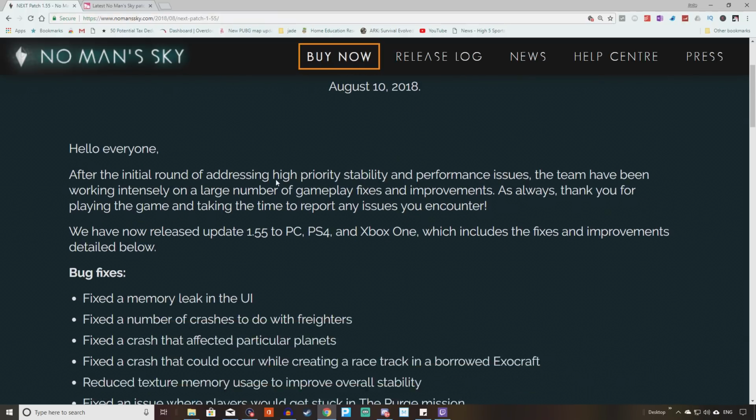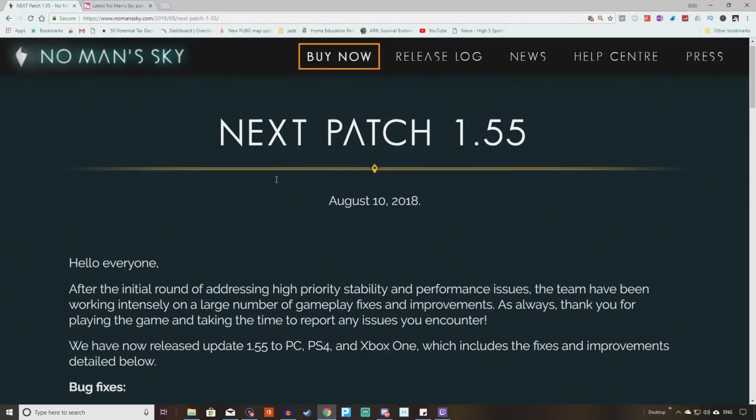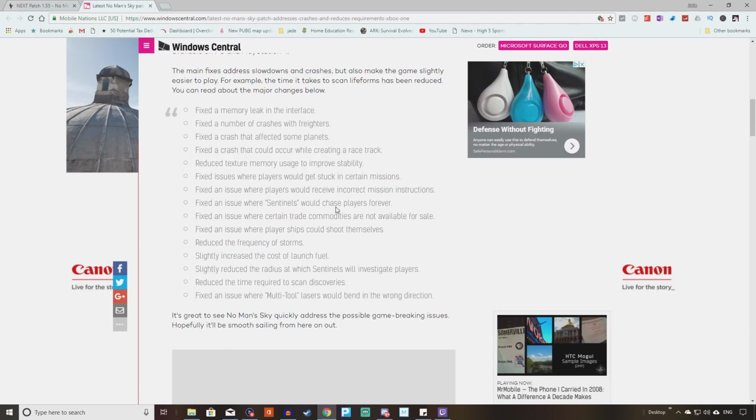It has got an absolute ton of issues fixed, sorted, corrected. Now, I'm not really going to go through all of them, but I did find a site that collated maybe some of the best ones. Fix the memory leak in the interface, fix the number of crashes with freighters, fix the crash that affected some planets, fix the crash that would occur while creating a racetrack, reduced texture memory usage to improve stability, fixed issues where players would get stuck in certain missions, fixed an issue where players would receive incorrect mission instructions,